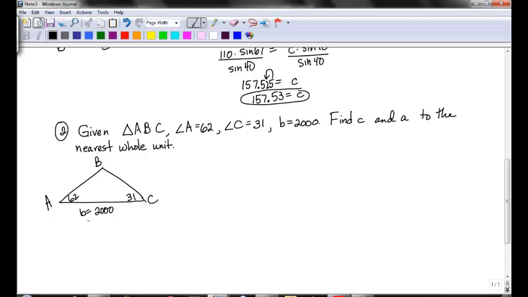Okay. They want you to find C and A. You have enough to figure the other angle. Now, in last chapter I said don't use something that you solve for to solve for something else. You're forced on this one. So add those two together and then subtract from 180. What are you going to get for angle B? 87. Okay. So now we have enough to do B over the sine of angle B